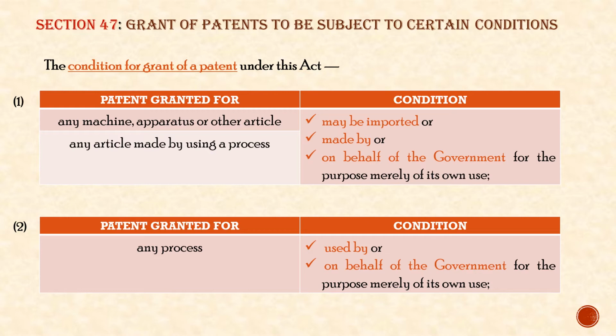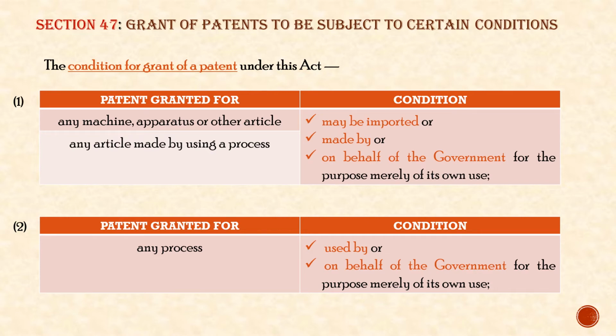Subsection 1 says, if a patent is granted for any machine, apparatus or other article or any article made by using a process, that is, a patent related to product, the condition imposed is it may be imported or made by or on behalf of the government for the purpose merely